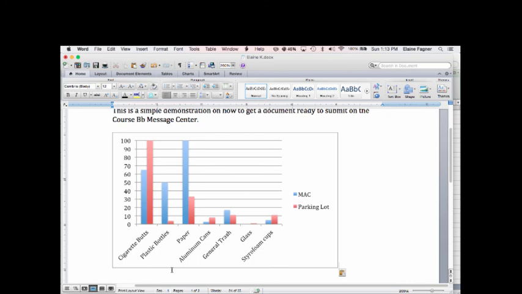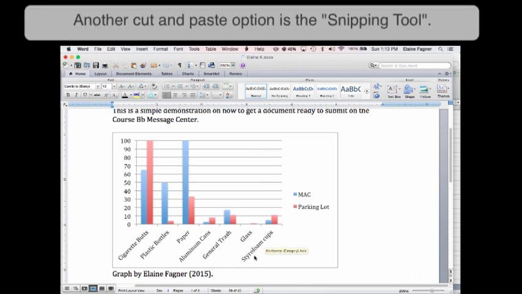So now I need to put where it came from. Graph by Elaine Fagner, and then put the date, usually whatever the date may be. Okay? That way we know where the source of data came from. That's as easy as 1, 2, 3, isn't it? It's not very hard. The key thing to remember is that these tools are there to help you work